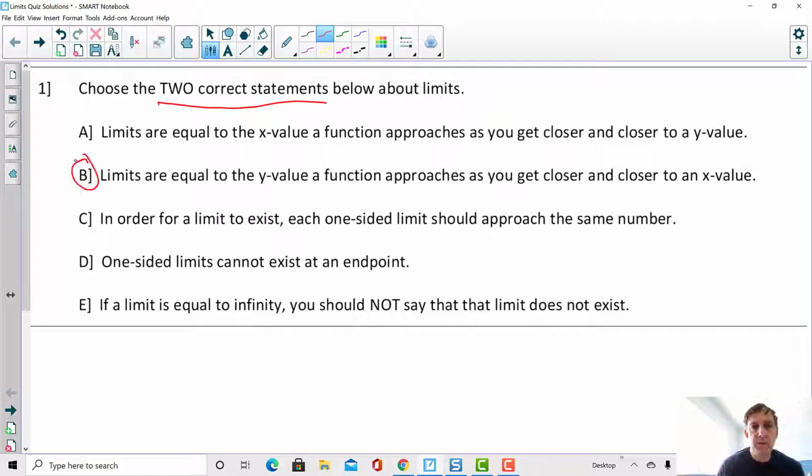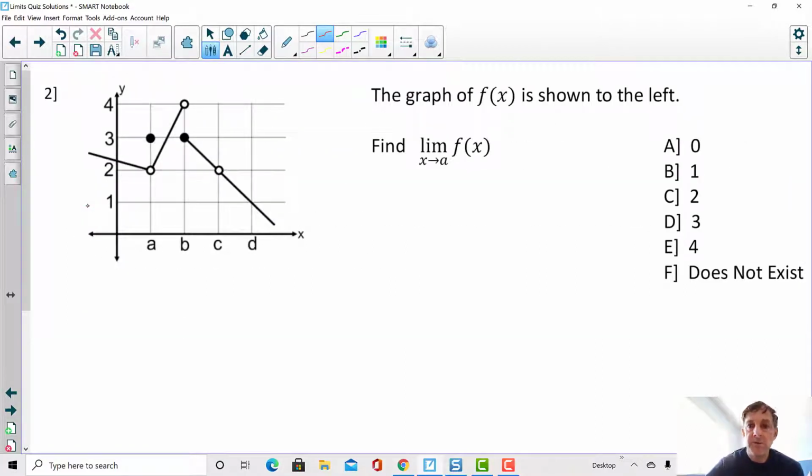First correct answer is going to be B, because limits are equal to a y value. The second one is going to be that in order for a limit to exist, both one-sided limits should approach the same number. On number 2, they want us to find the limit as x goes to a, so that's